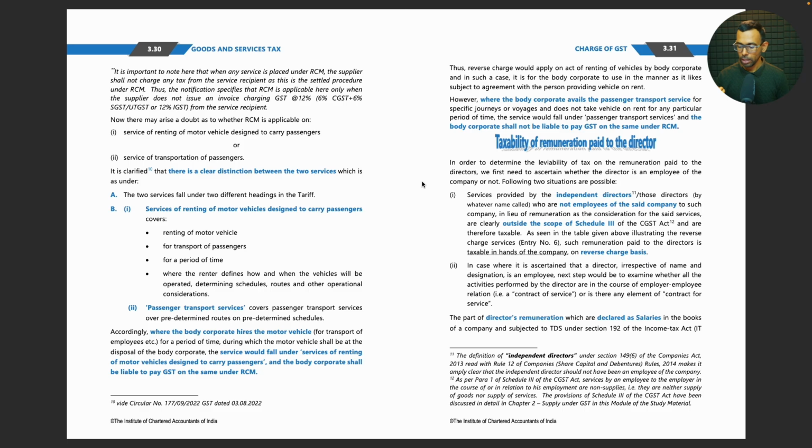However, if I am an independent director or some other non-executive director where I am not an employee of the company, in that situation, like a third party, I am acting like a consultant. In that situation, it is squarely outside of the employer-employee relationship. So you will be in a consultant-client type of relationship. Therefore, tax has to be charged, and it will be charged on the reverse charge basis. So, contract of service or contract for service. Contract of service means you work like an employee. Contract for service is where you work like a freelancer or a consultant.